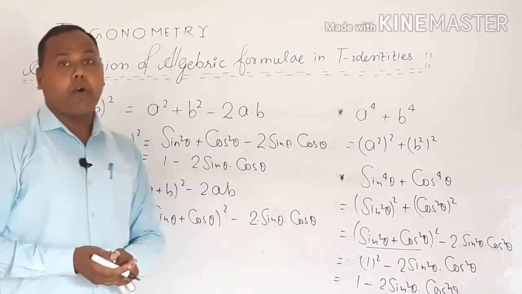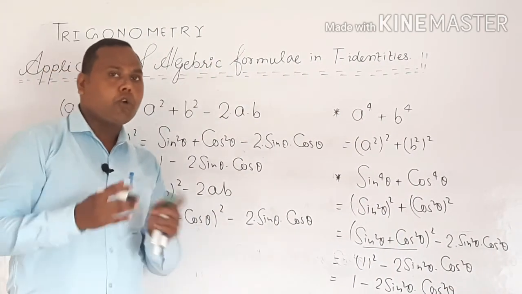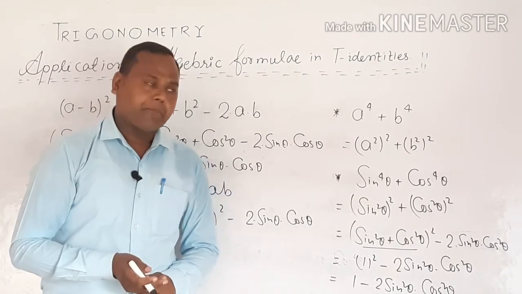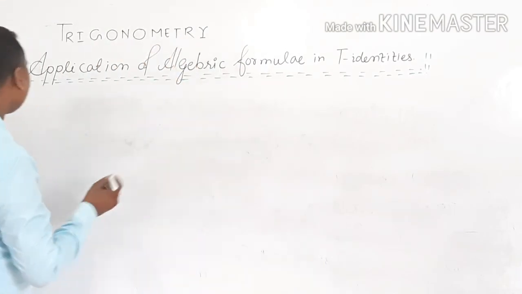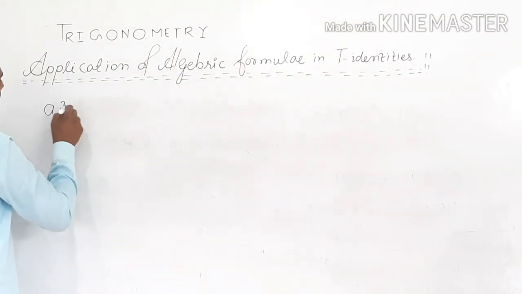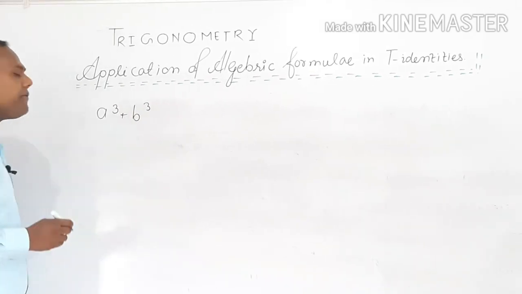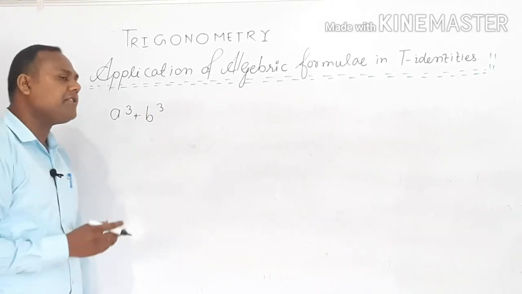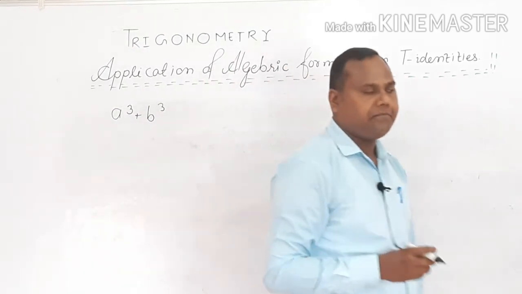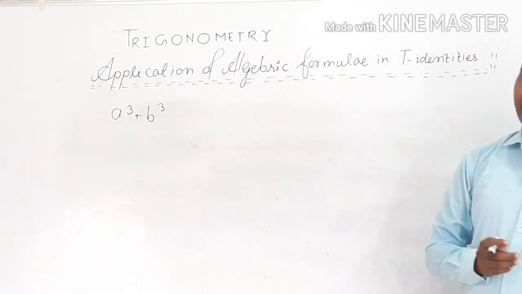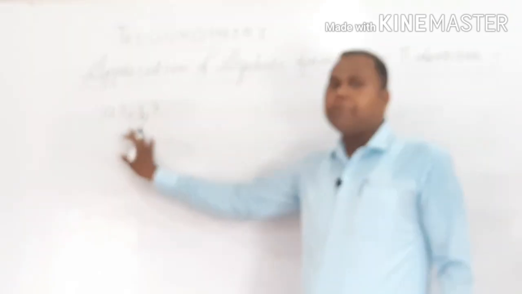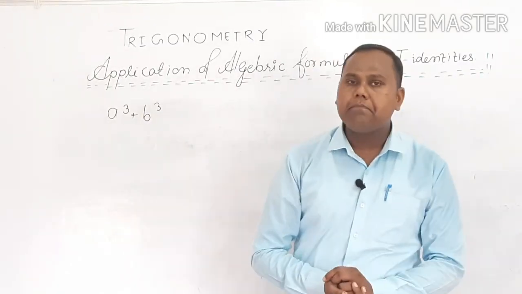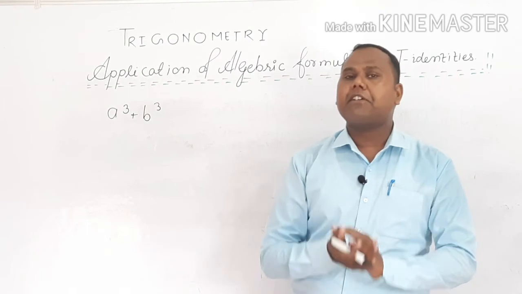This is a very important result whenever we want to solve critical types of problems. Now you can take a screenshot. Now let us see another concept, a³ + b³. It is the most important formula for algebra as well as trigonometrical identities while solving critical types of power-form formulae or identities. We have two types of formulae for a³ + b³: the first one is the factorial form and the second one is the addition and subtraction form.